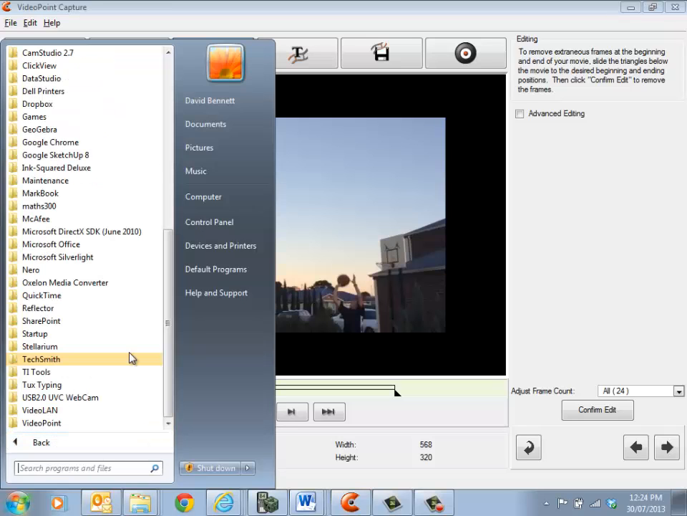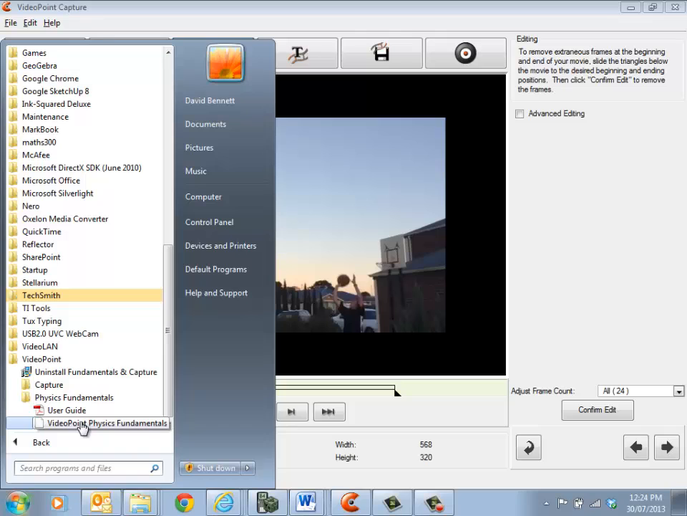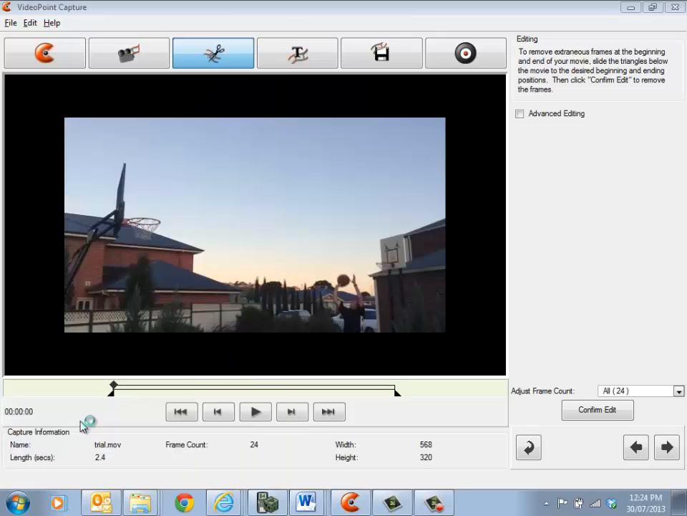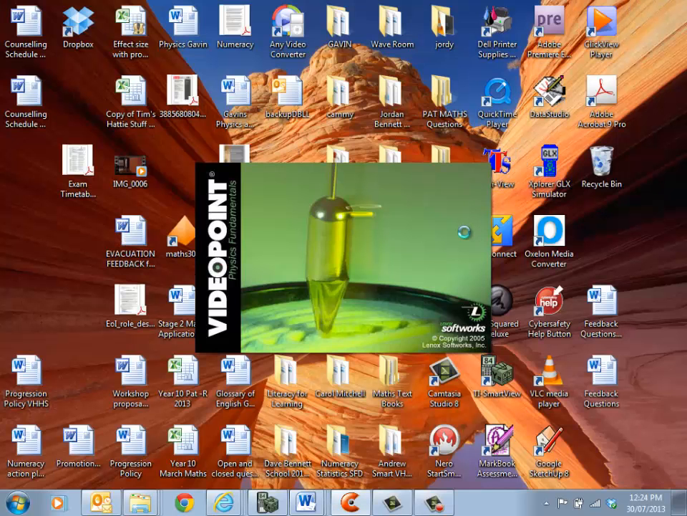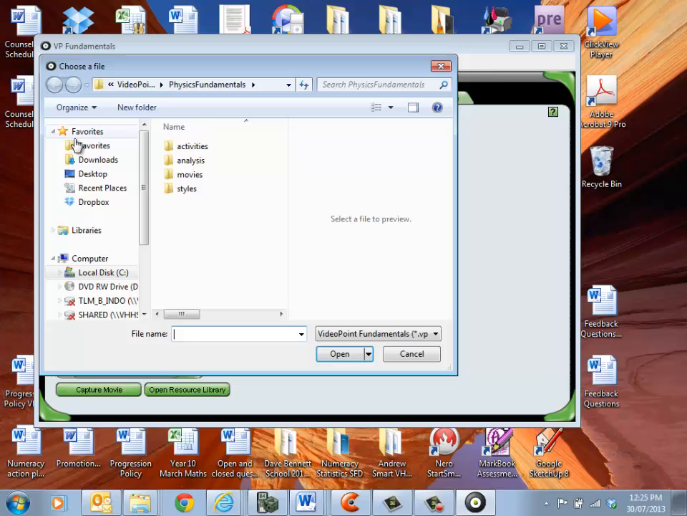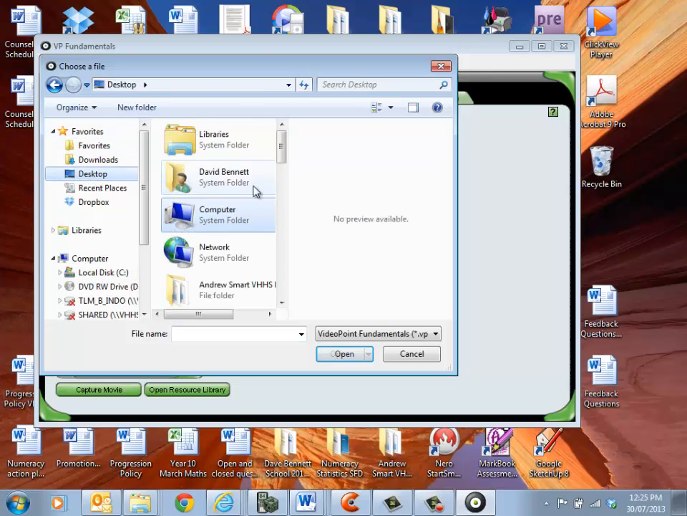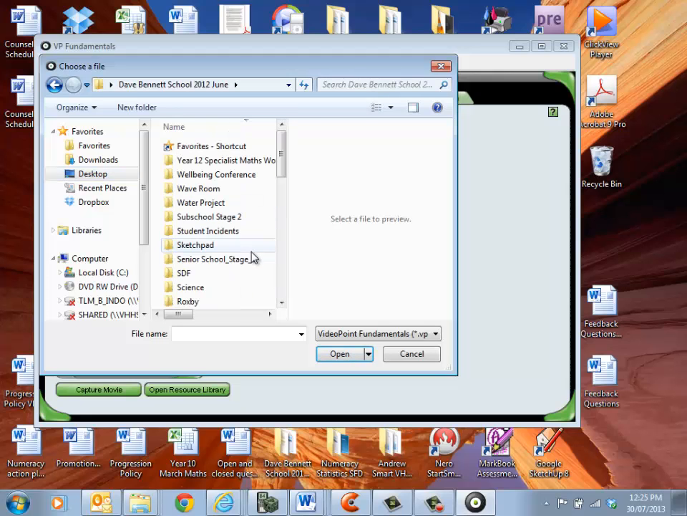which is the Videopoint. Alright, so if I go into the Physics Fundamental, Videopoint Fundamentals is the program we want to use. Alright, so it will load up like this. And the first thing I'm going to need to do when I go into here is actually open my file. So you need to save it somewhere, obviously, that's appropriate to you, and then come in and find the file that you just saved. So if I go into my,